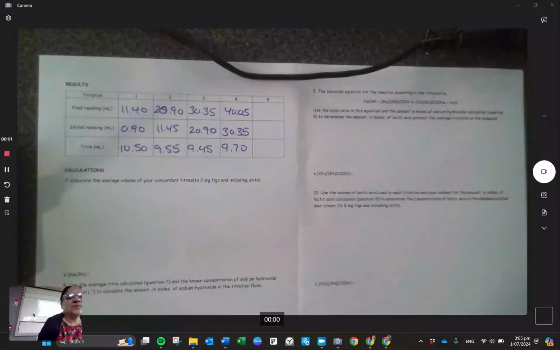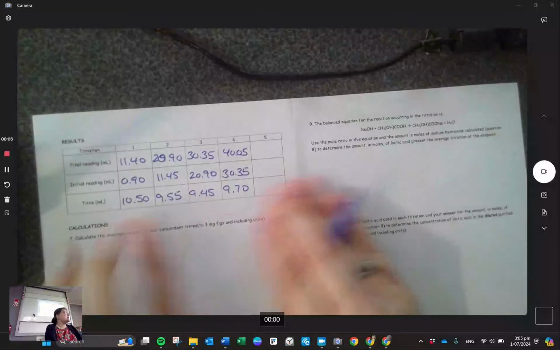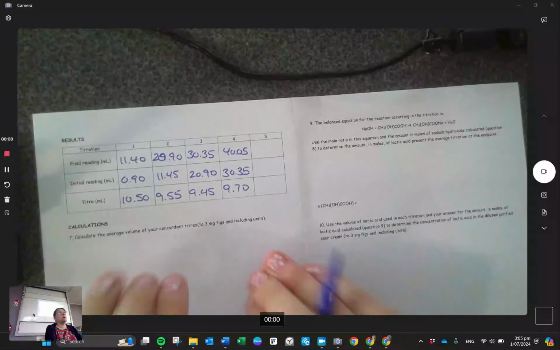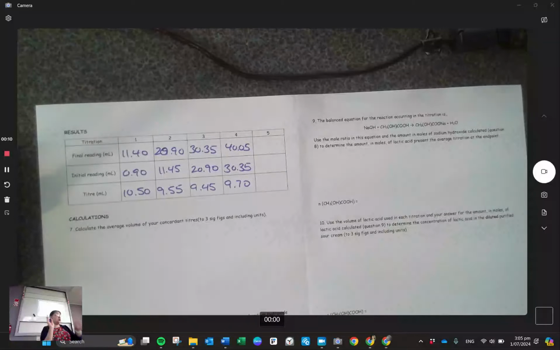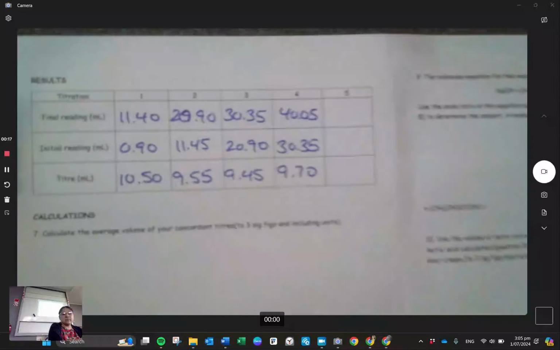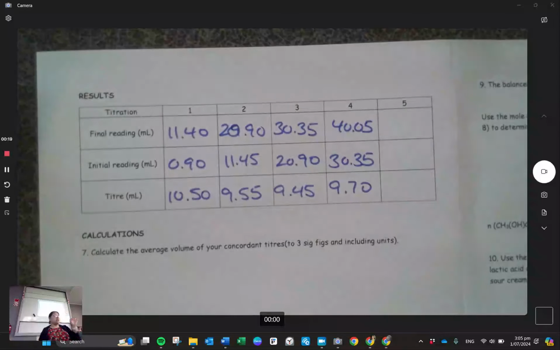All right, cool. So first things first, this data, I do not want you to copy down. I'm just showing you guys what I got from my data so you can compare and contrast it, because part of what you're going to be marked on is your accuracy and your precision. When I'm talking about your precision, I am talking about checking that your data points are within a range of 0.3. So that means that my largest value and my smallest value, when I subtract them, should be within 0.3. If they're not within 0.3, we need to start excluding data or doing some extra data collection,